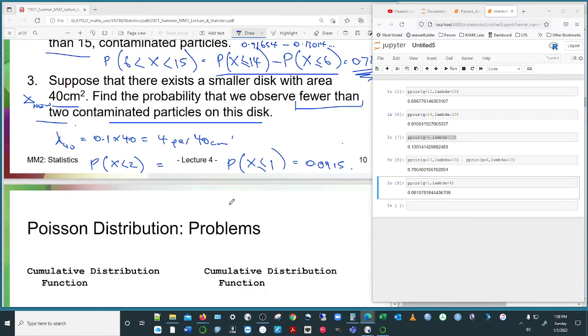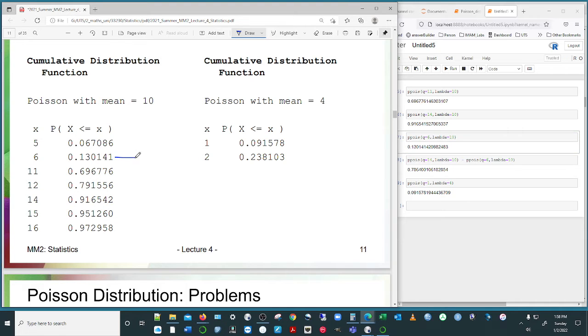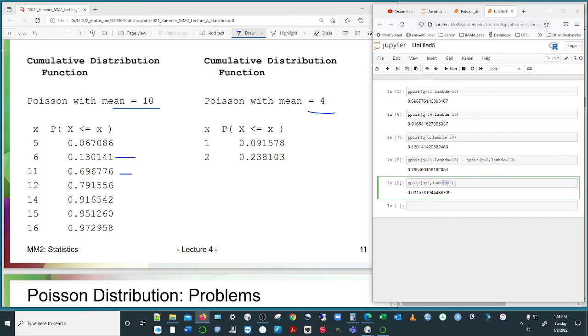Okay, so if we look at the printouts for typical printouts, if I take all of those and tabulate them, I can tabulate all of those and bring them to here. Okay, so there's our 6. We can do that for all of those. Okay, there's our 11, etc., etc., with a mean of 10. So we can do that. Here's a new one with a mean of 4. So that's why I changed that one there.